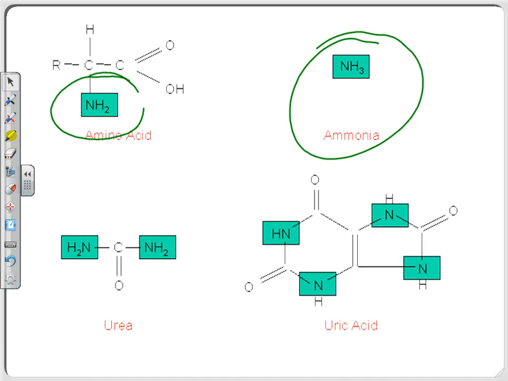When you eat proteins, your body makes really toxic stuff, ammonia. Something that will kill you. That's something in floor cleaner and bathroom cleaner and Windex and all that kind of stuff. It's very basic. It's not something you want in your body. So you have to get rid of it.